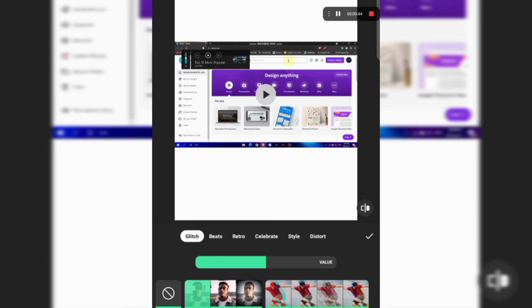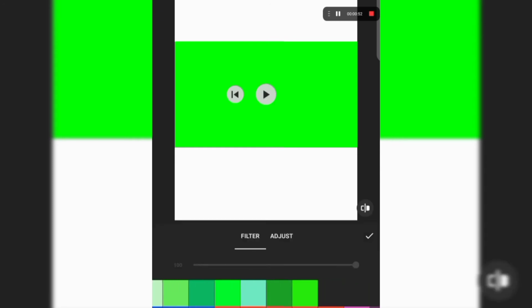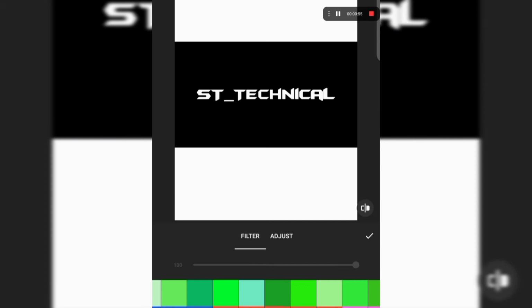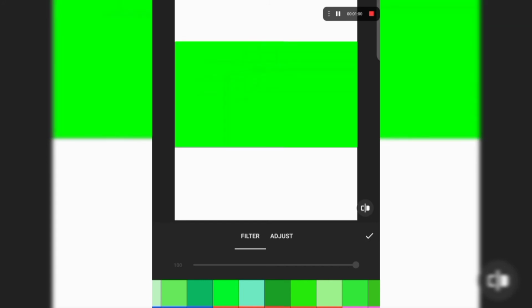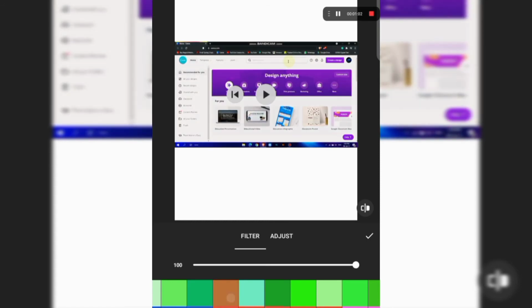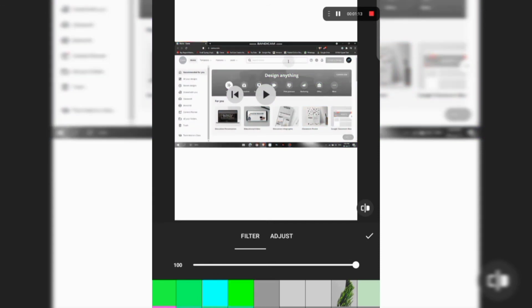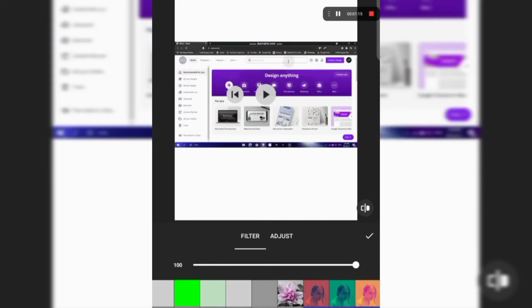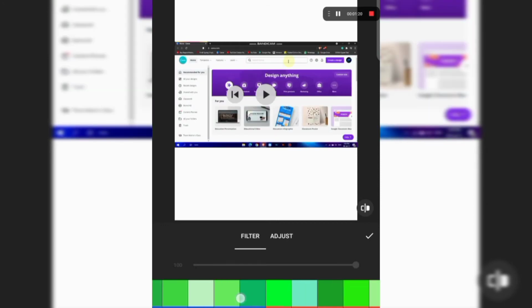So it's a glitch effect, so it's not much helpful if you make simple videos. And next is filter. Let this into finishing. Okay, so now here are many of the filters. You can see the changes which are done on the above display. You can see it, black and white, green, and many of the. So let it begin, this one.